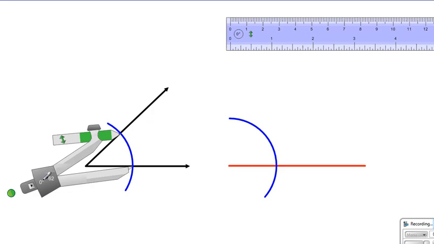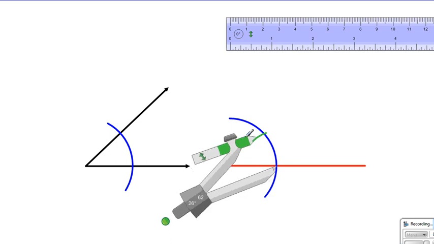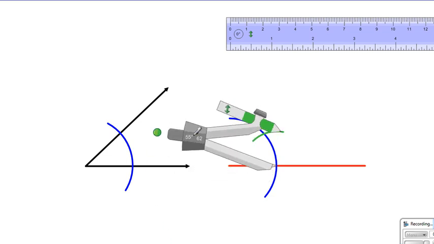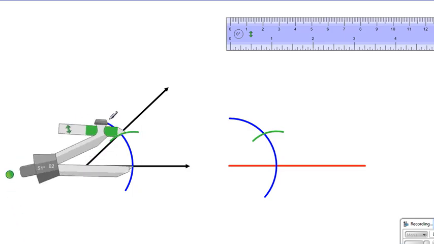So I'm going to move this one over here, place it, and then by drawing an arc, just like how I measured it over here, a little bit off here, but